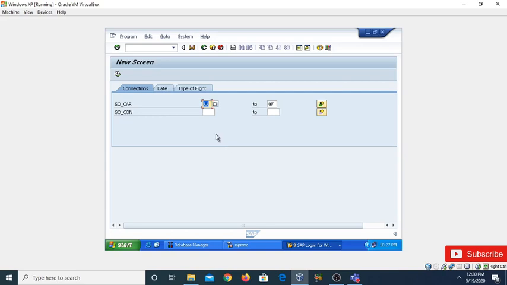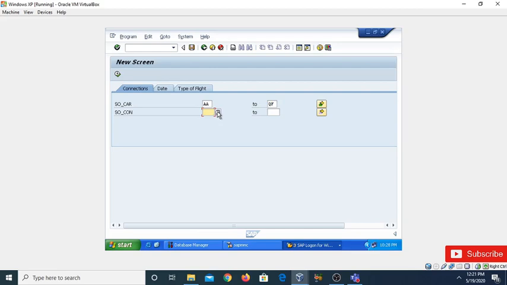in this output we have 3 tabs and 3 selection screens. Selection screen 1100 is assigned to the connection tab, selection screen 1200 is assigned to the date tab, and the last selection screen is assigned to the type of flight. Now I'm going to select here. You can see this is the lower value, where we have assigned default values, and this is the high value, and we are going to select the connection number.